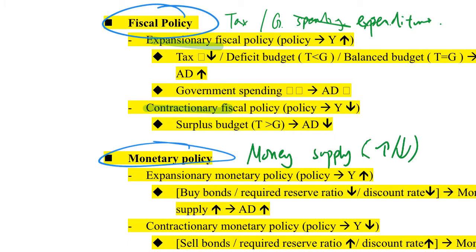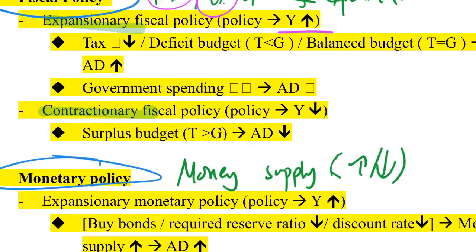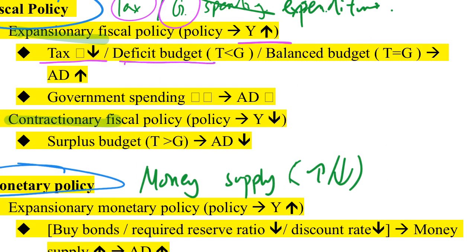Okay, so when we're talking about expansionary fiscal policy, the target is to make the real GDP increase. So how can it do that? It can do it by affecting the tax or the government spending. So to benefit the economy, they can reduce the tax level, and also they can run a deficit budget. What does that mean? That means they collect less tax than the government spending, so they spend more money than the tax they collect, or even a balanced budget, because